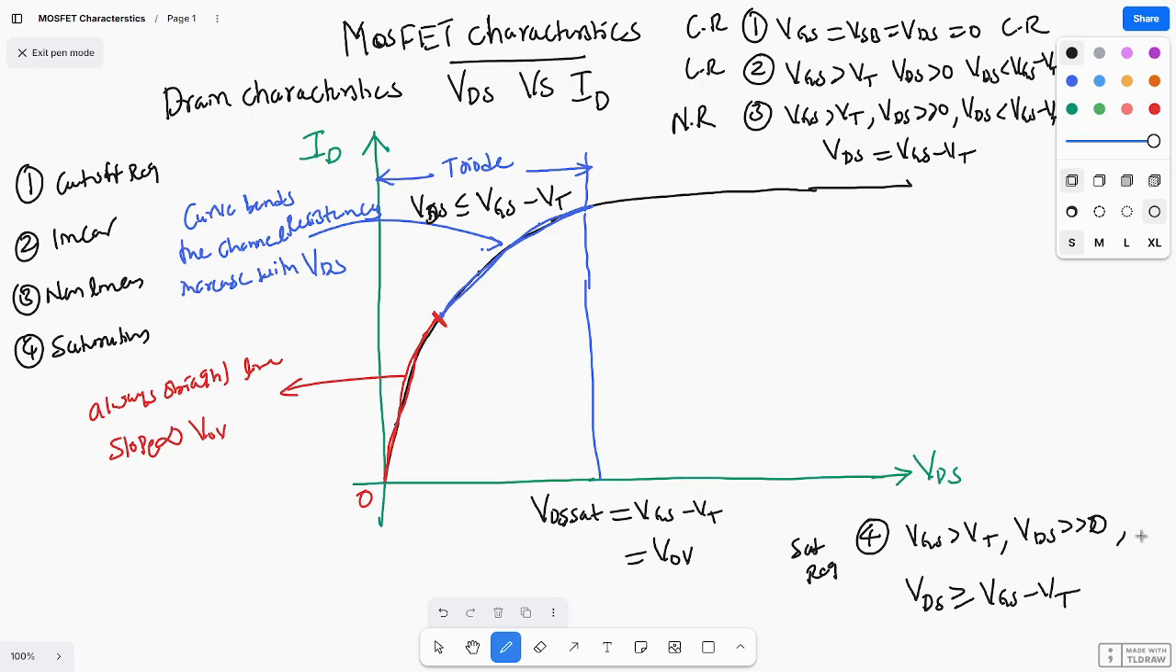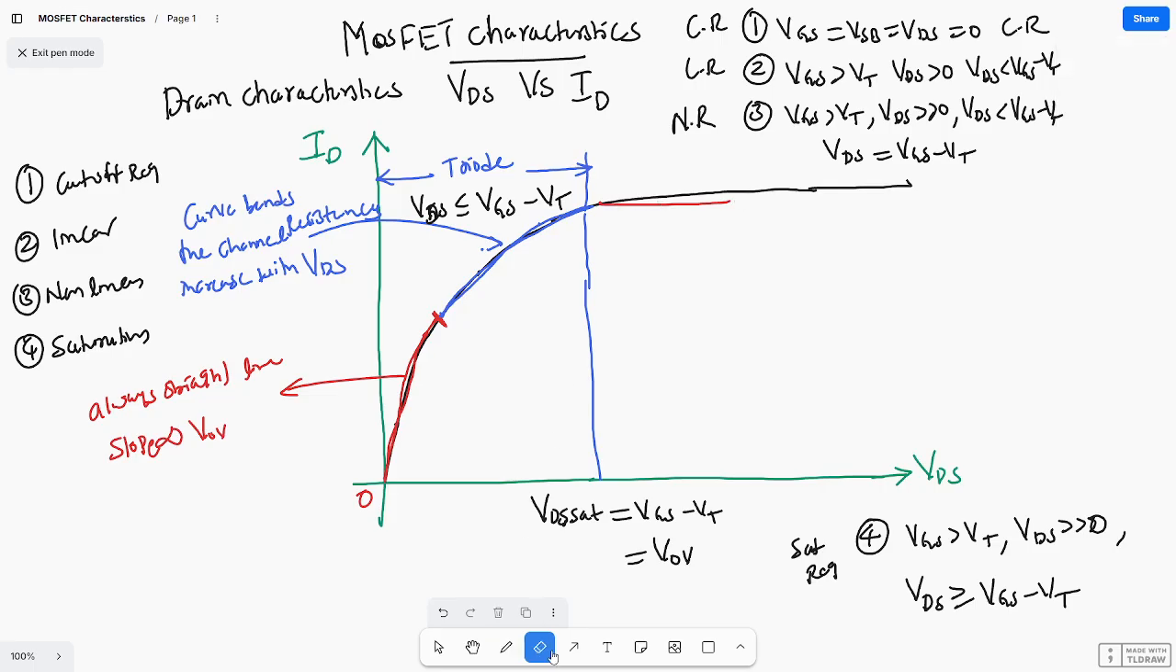VGS minus VT, this is nothing but saturation. So during the saturation, what happens? During the saturation, the current becomes constant. The current becomes constant. Okay, so this current